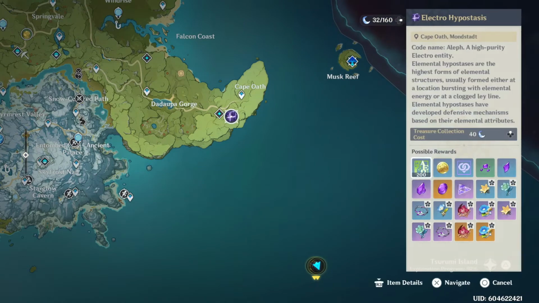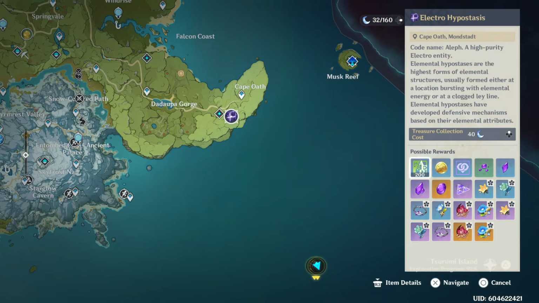The first enemy is the Electro Hypostasis. It is a relatively simple enemy to deal with. Bringing a Cryo or a Pyro character will help make this a breeze. The most recommended one to get is Zhongli to deal with the Electro Hypostasis, because once you bring it down